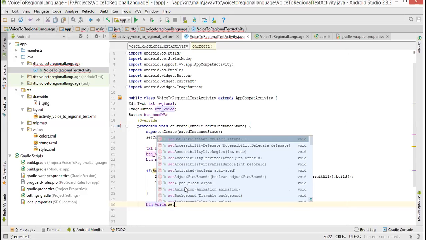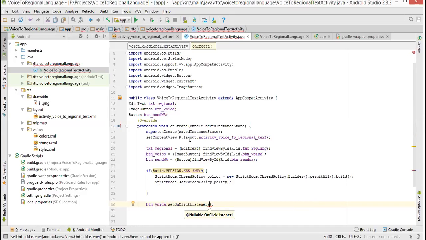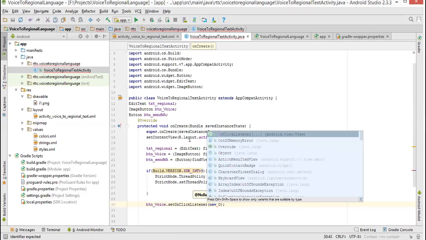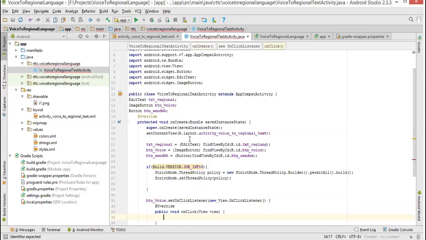Why listener? Because to capture your voice, what you are doing, you are clicking on the button. Which event? Set on click listener. So in this set on click listener method, you have to implement an interface called new OnClickListener.